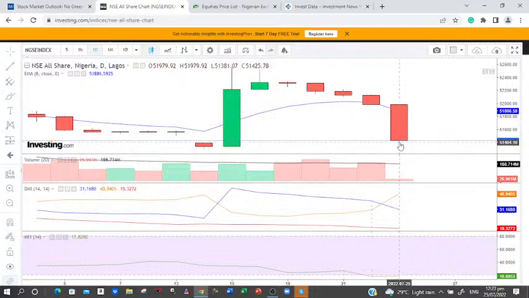But that should not send any panic as far as we are looking here to see the numbers that will support these prices, because I say that price feeds on earnings. And when this earnings comes, it is the market sentiment, the market investor psychology to these numbers, that will determine where the price goes. That's why I said trade the chart, trade the word, the candlestick that brings the news,